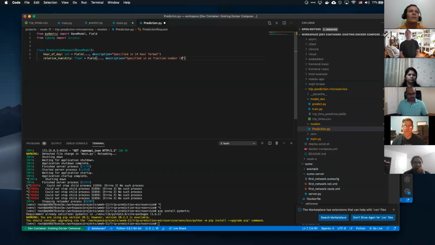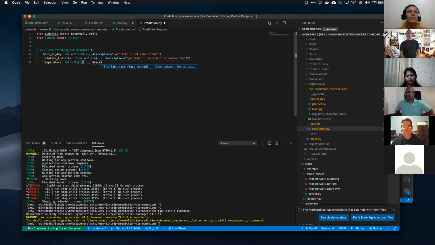Like 0 to 1, right? We have temperature, and the temperature is an integer. We don't need the resolution on that. And then this, we just need to document to say it's in centigrade, right? So, if I could, geez, type and spell tonight.